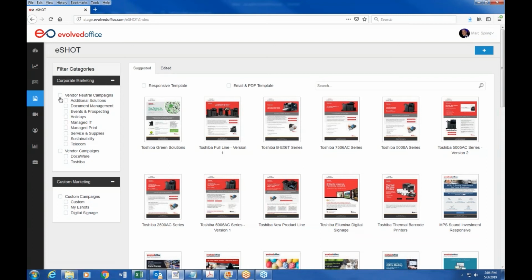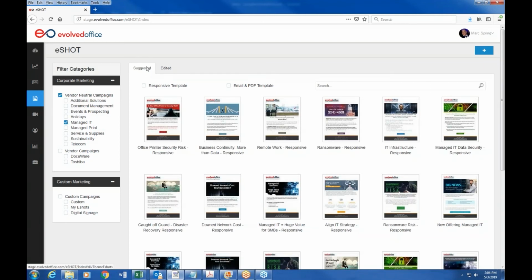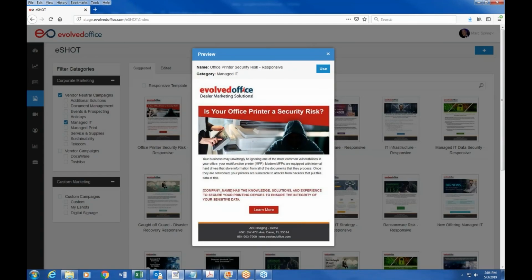Once again, we create these ready to go vendor neutral campaigns here, and we've combined a lot of them. So for example, if you go to managed IT, you can filter and you can see all of the managed IT content, and within it, you're going to have topics on security, infrastructure, and ransomware. And if you like what you see, it's already branded with your company. You can simply click use it, and it'll take it to the editor,